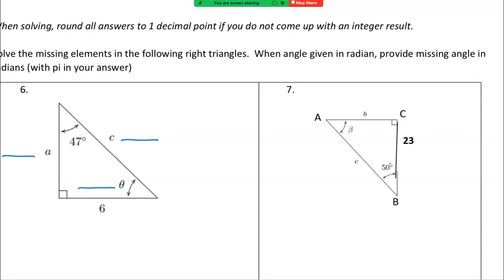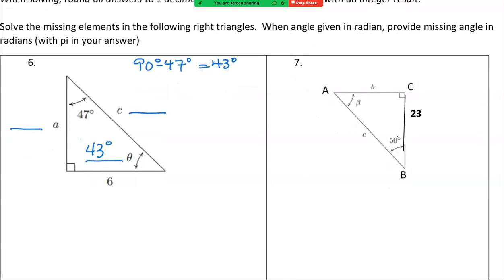Easiest thing to do is to get the angle. I know that the two acute angles in a right triangle are complementary. So therefore 90 minus 47, and I'm in degrees, will give me the missing angle, which is 43 degrees. So that is done. I have solved that problem. Now, I would suggest that you use the angle they gave you to find the missing pieces. So I like to have a system in place. So I'm going to write down SOHCAHTOA, and I'm going to say from that angle's perspective, the 47, I have